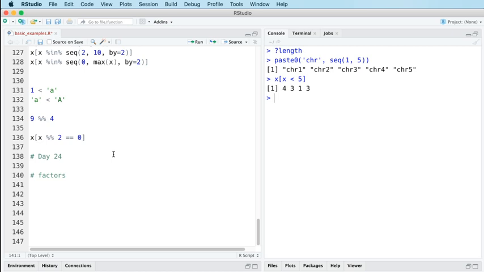The important thing about factors is it's a way of encoding categorical data. So all of the elements in a factor belong to a predefined set of values, which are called levels. And factors have lots of uses in R. They generally crop up